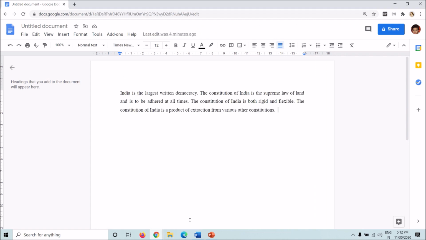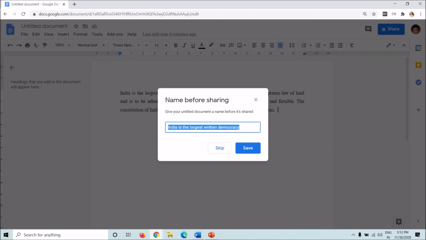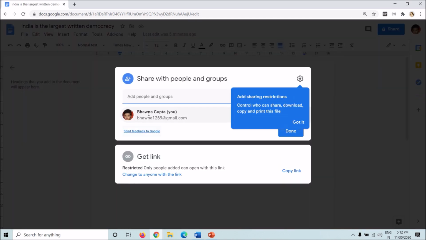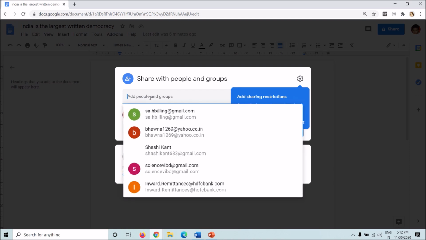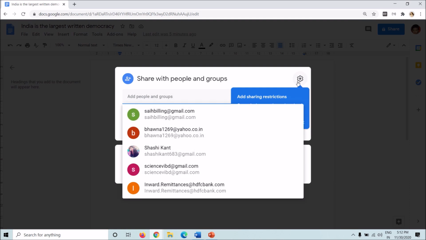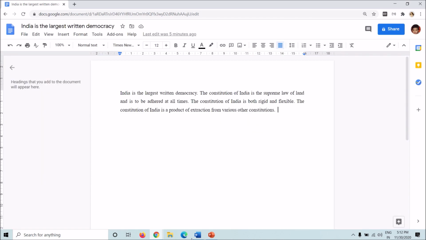one thing that both of them provide is sharing. If I want to share my text with someone else in Docs, I'll simply go to Share. If you want to name your file whatever, it's up to you. Then you can share with whoever you want. Pretty easy, right?